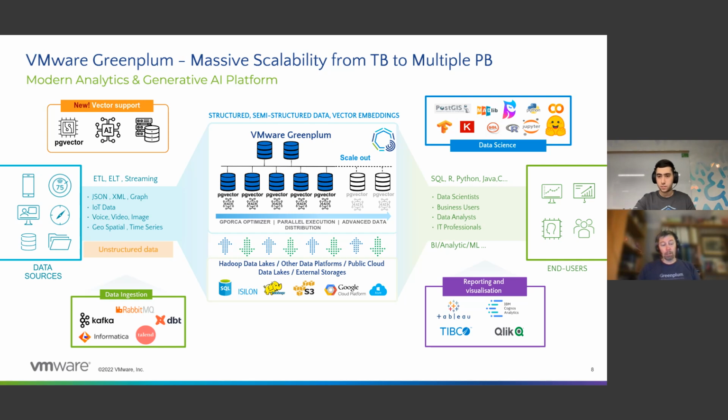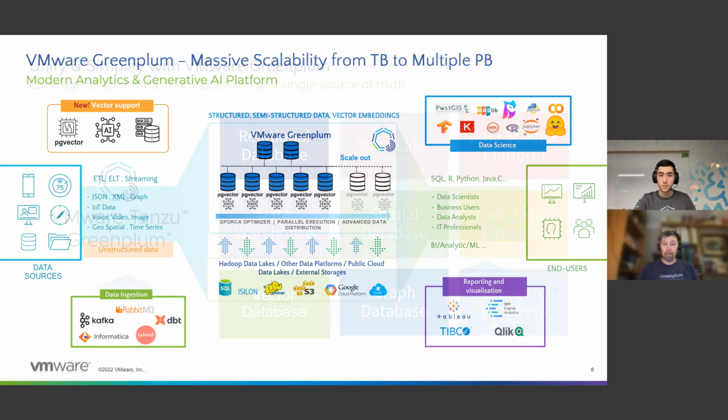We can just access these external databases and storage platforms as a table in Greenplum, which is brilliant. Yeah, exactly. And in two modes, in read mode, but also in write mode. And that's very